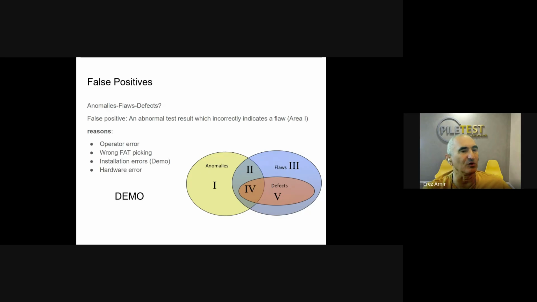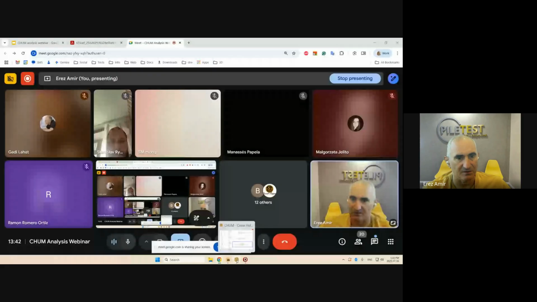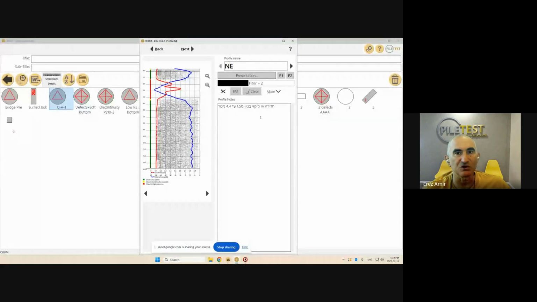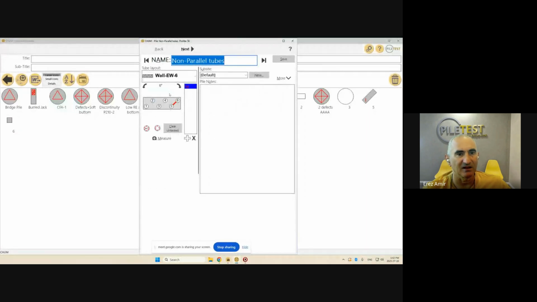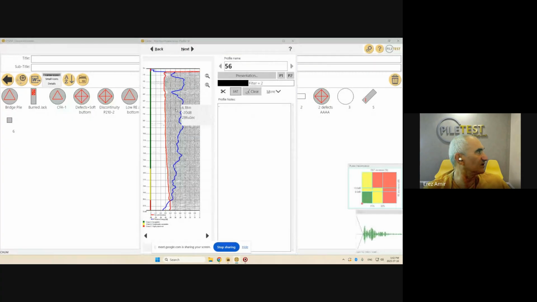Let me show you a demo, or actually two demos of that, if I have the time. So I'm going to share my entire screen. Can you see that? Yeah, and I'm going to open CHUM again, and I'm opening this file. Can you see this result here? What you can see here is that we have a very straight first arrival time, the red